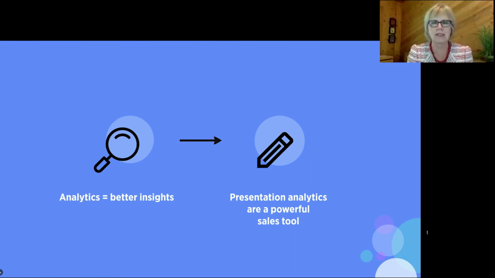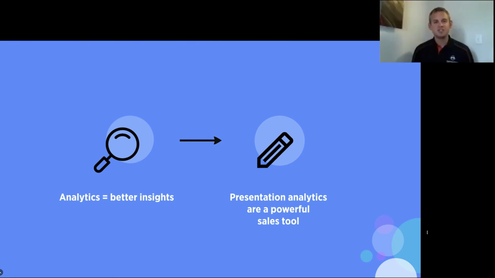If they are spending lots of time on slide 5 or part 5 and looking at that part, that means it's more important than, like you said, something else. And as a seller, that's where I should be focusing on asking questions. That's where I should be planning my next conversation, making sure that we talk about the issues or the solution or whatever it is that's on slide 5, part 5, whatever it is, because clearly they got stuck there for some valid reason that maybe I don't even know.